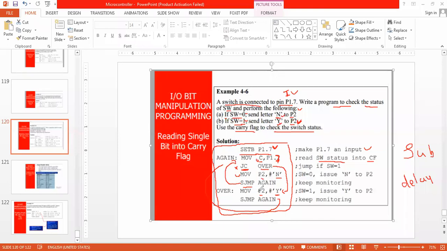But instead I can write the delay program externally, separately, and then call that delay program inside the main program 10 times. So I should not use a call instruction here. Only a jump instruction is enough. Jump is within the program, call is outside the program.